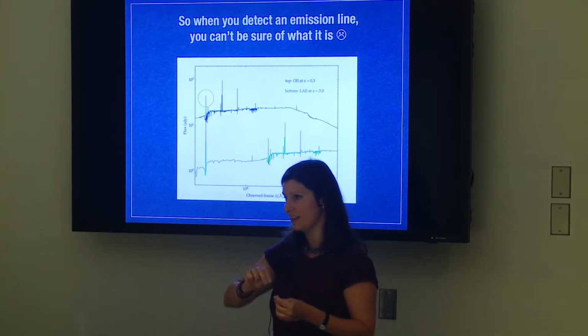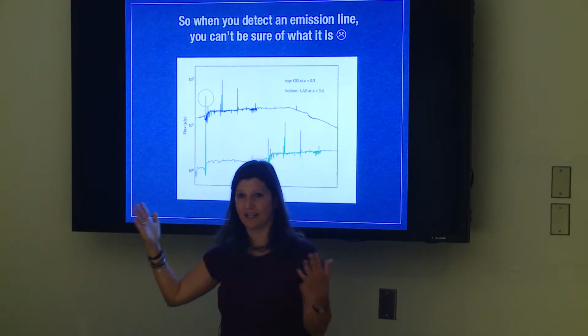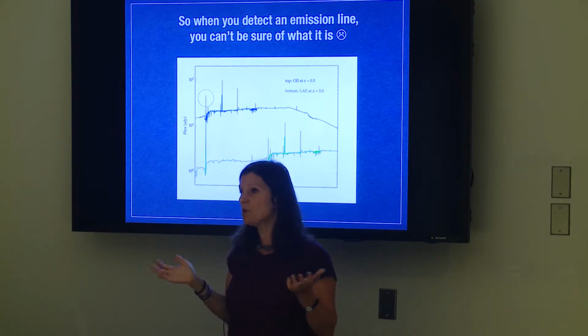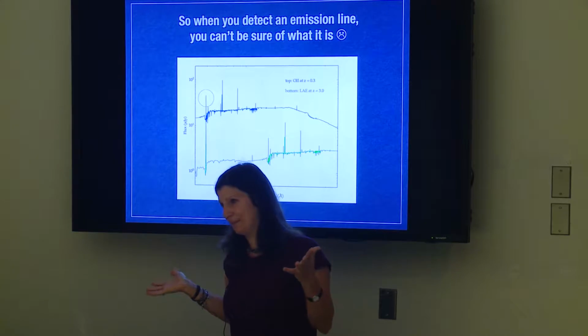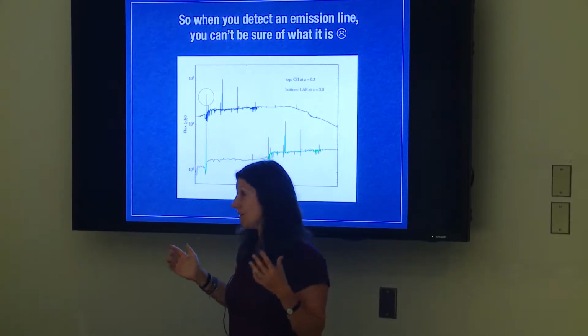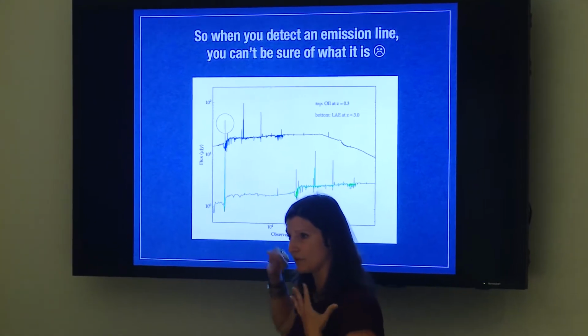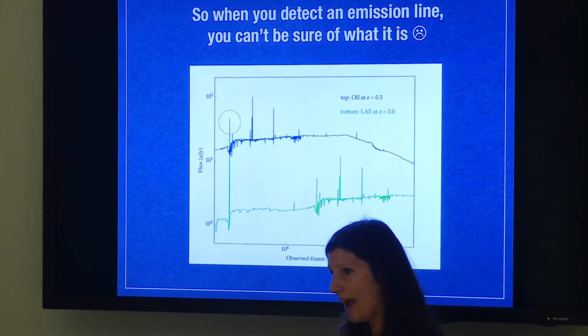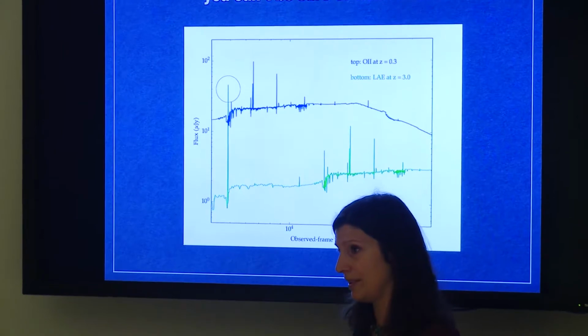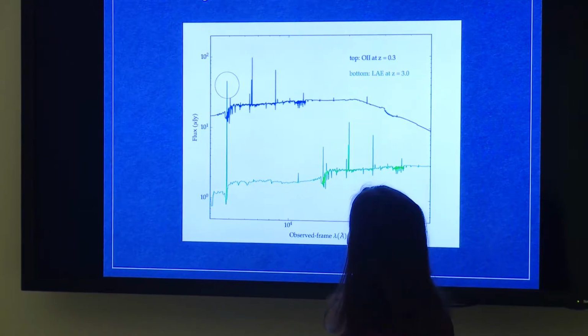I see a spike at a wavelength of, say, 4,900 angstrom. Who tells me what that line is? Nobody, right? So in general, just by looking close by, you are able to exclude some other types of contaminants. But the problem that we have for this survey in particular is we want to be able to tell